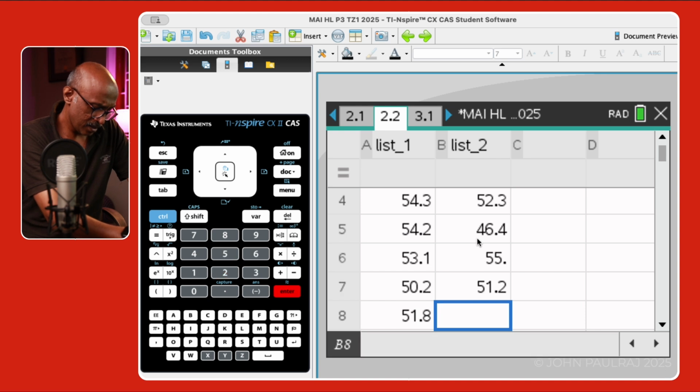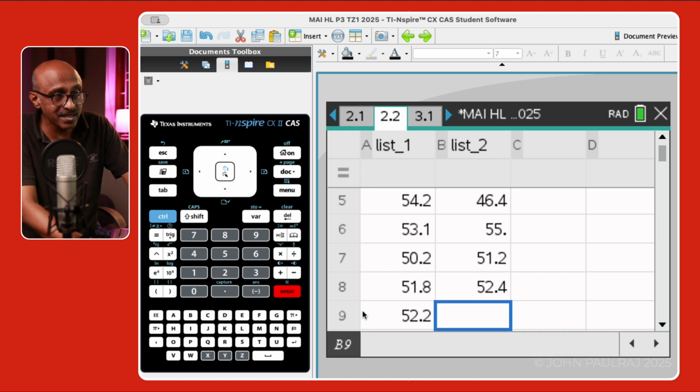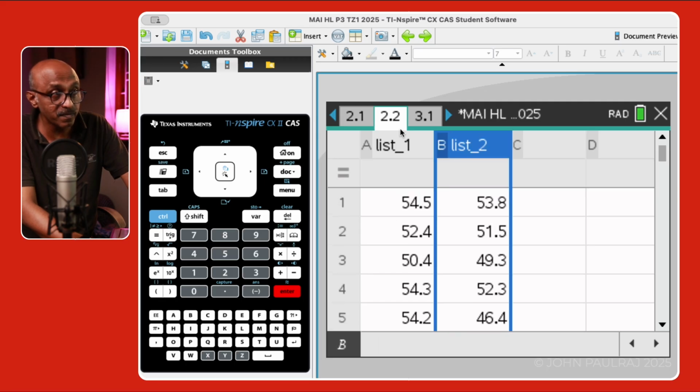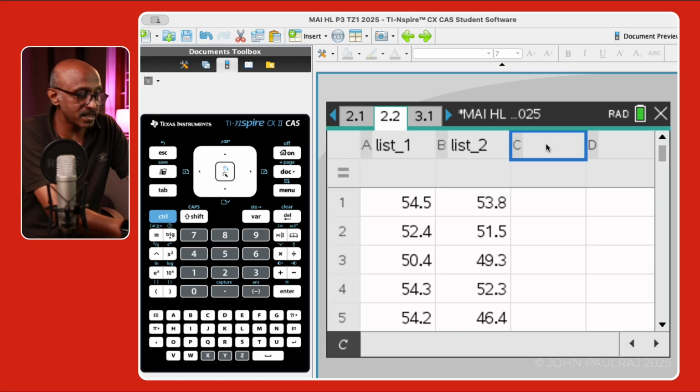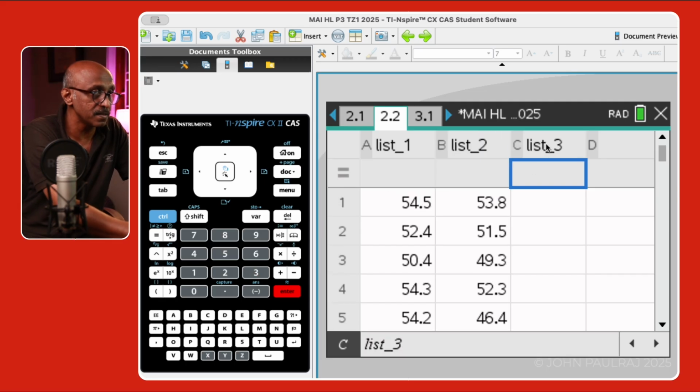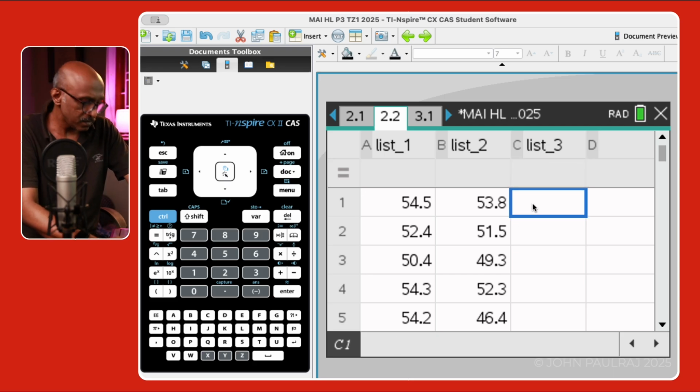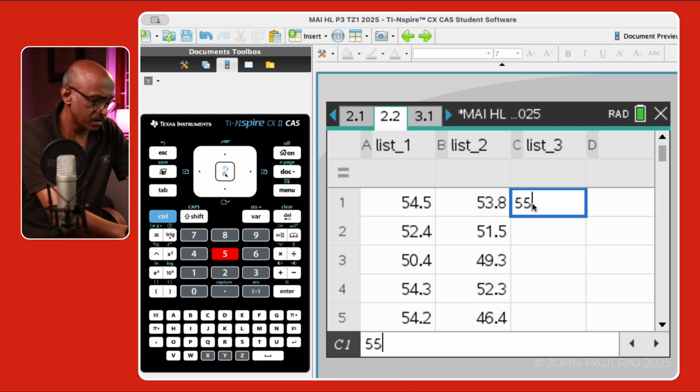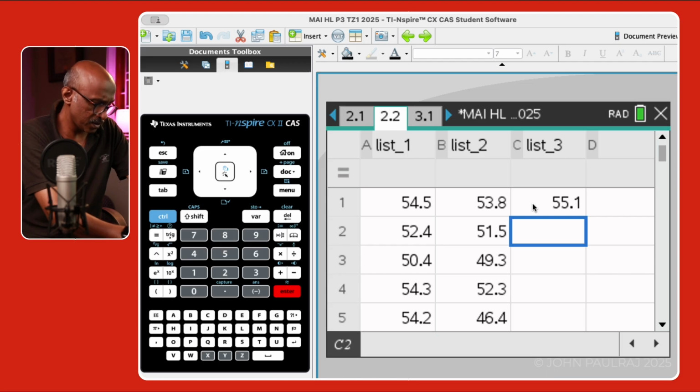51.2. And it's not just making mistakes. As I said, it takes time. Okay. So this is, as you can see, just 8 entries here. That was the earlier table. List 3 is going to be my after. Okay. So this is 55.1 and 51.9,